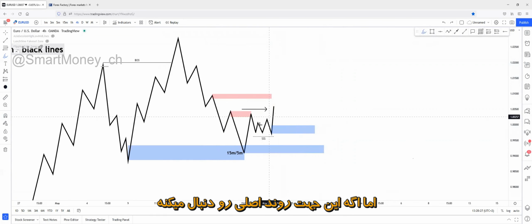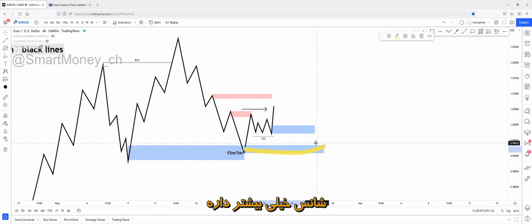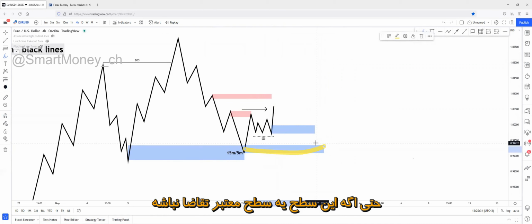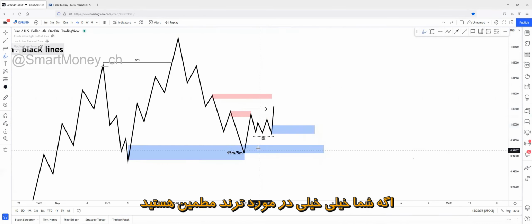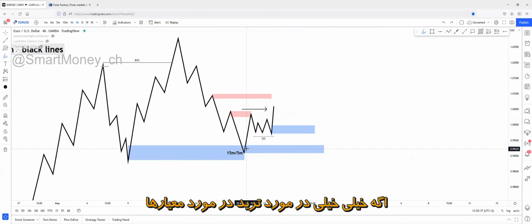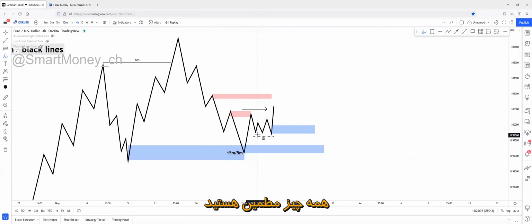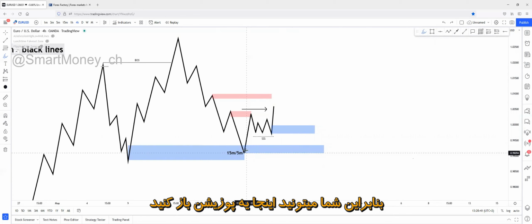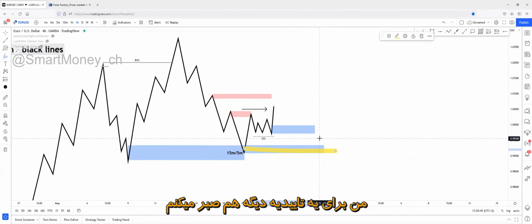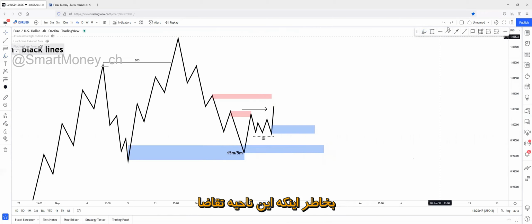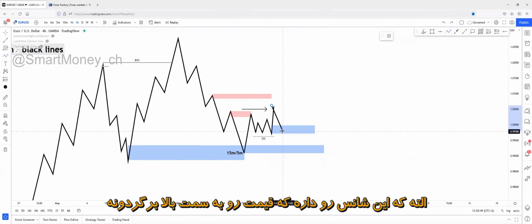But if it's following the main trend, it has a higher chance, even though this isn't a real demand zone, to actually reverse price to the upside. So you have two scenarios right here. If you're really, really sure about the trend, the trade, the criteria, everything, then you can open a position on this demand zone. But mainly, if something like this forms, I'm just simply waiting for one more confirmation, because this demand zone has a chance to reverse price.